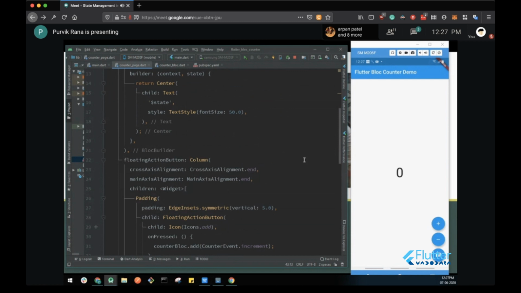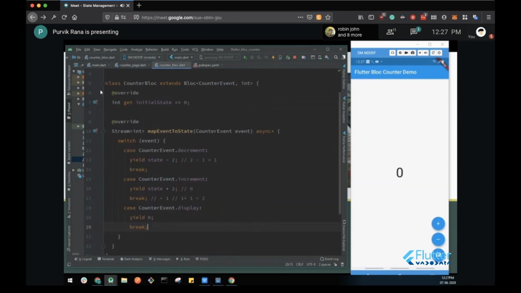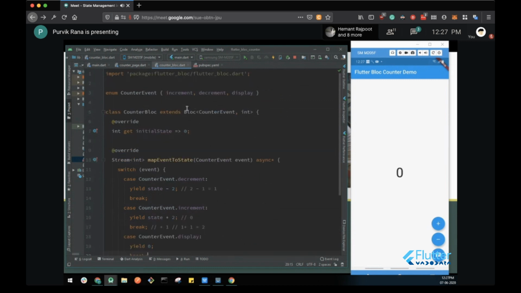That is how you can have the different events. You have the event here. It is a simple demo, so we have defined the event as enums. The state is an integer, and we can define it directly as an integer because we are performing adding and minus operations on the value. So that's how the counter demo is working. Is there any doubt about that? So we can directly move to the API calling demo now.